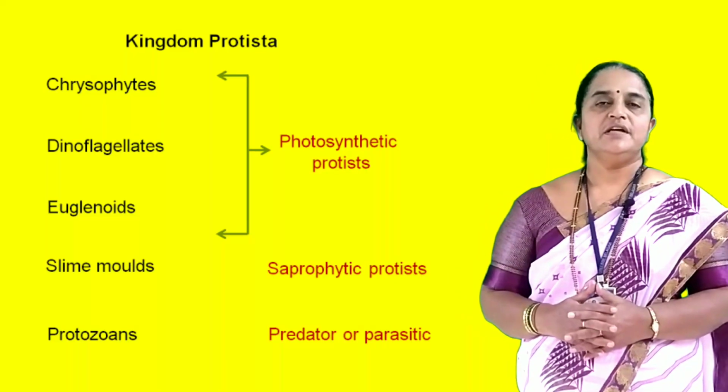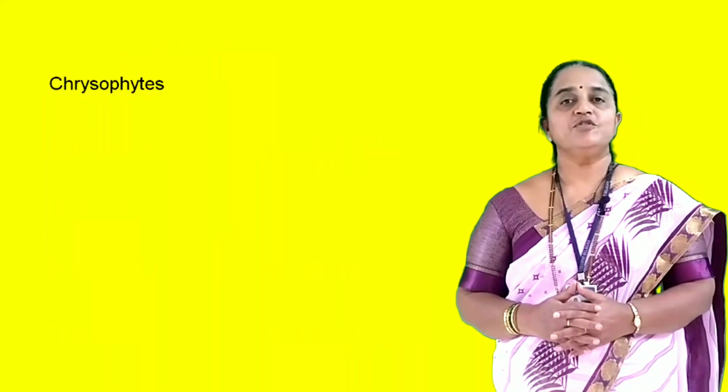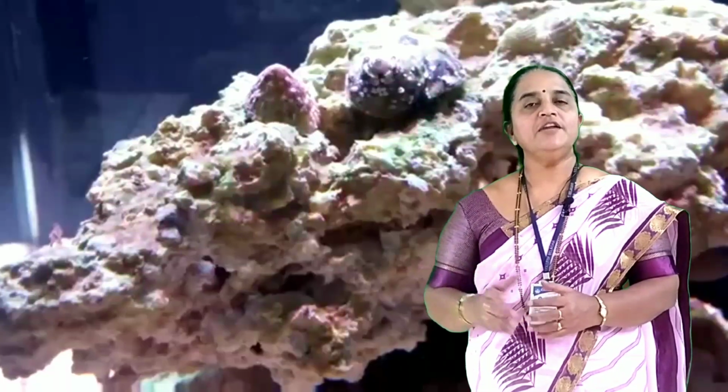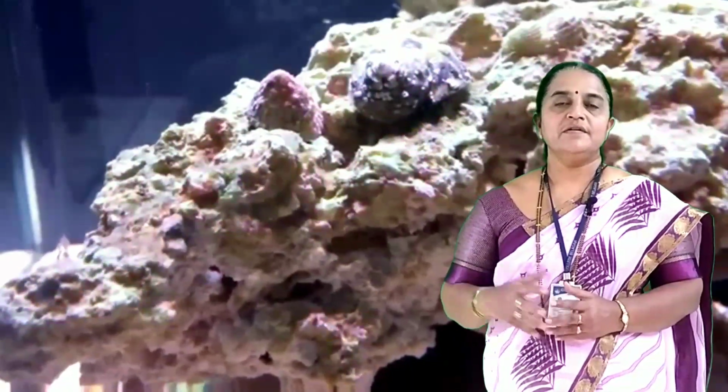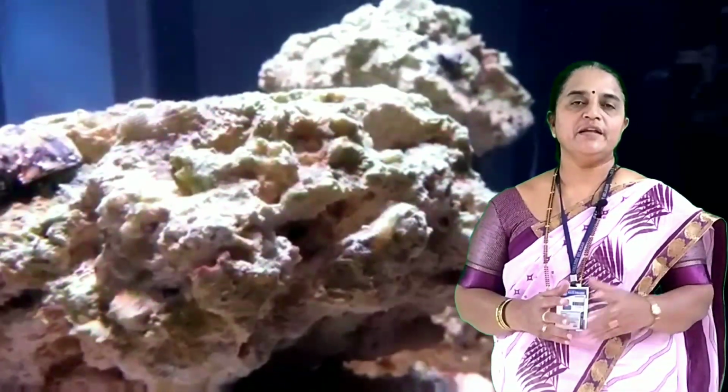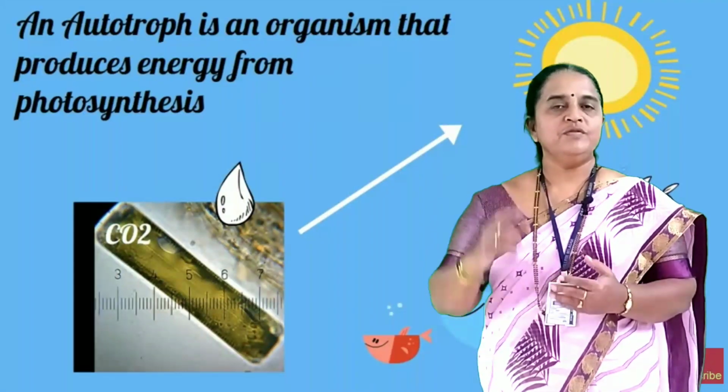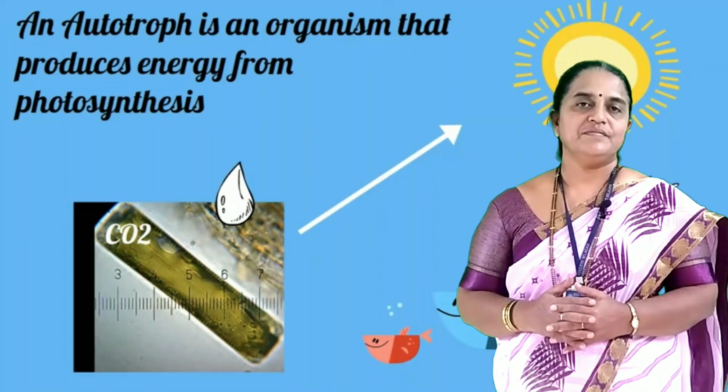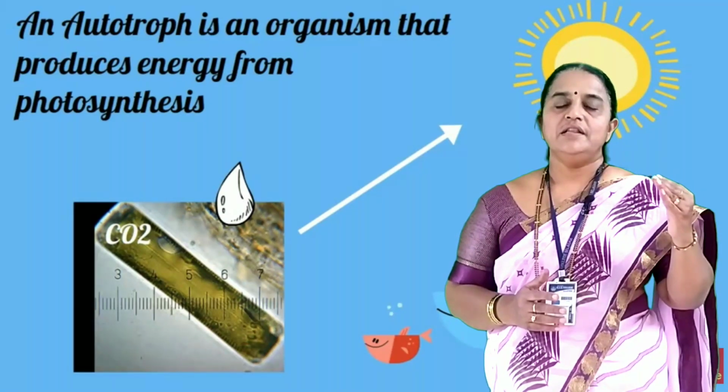First division is Chrysophyta, commonly known as golden brown algae. Meaning of algae is autotrophic or photosynthetic. Meaning of autotrophic, they can prepare their own food. Photosynthetic, to derive energy, they use sunlight. All these